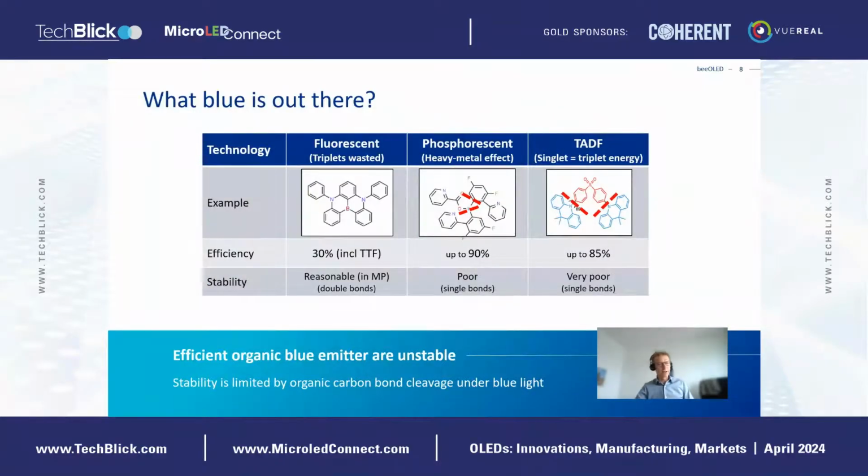So now let's look at the options you have if you want to make any kind of light emission. Red, green, and blue, you need three colors. Here I focus more on the blue, but what I tell you on this slide is basically comparable to all colors. So you have the fluorescent approach, which is by nature limited in efficiency because in an electro-driven device like an OLED, just 1/4 of all excitons